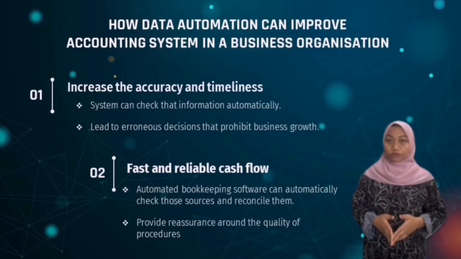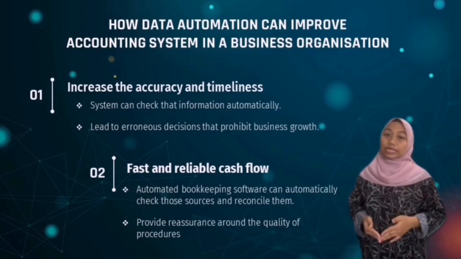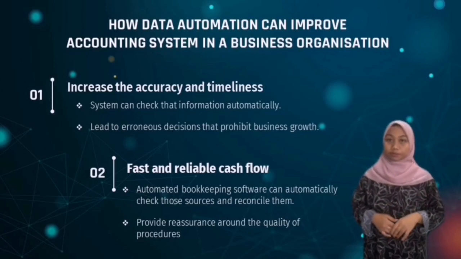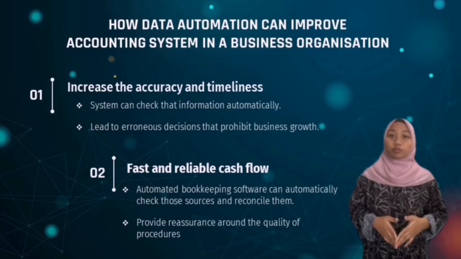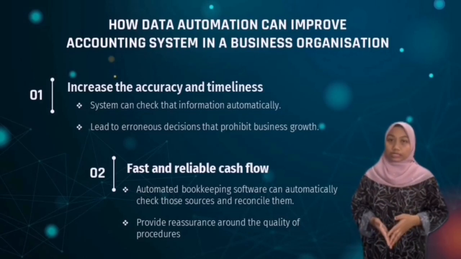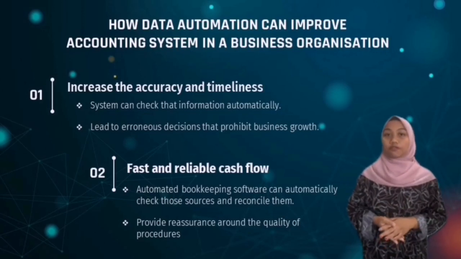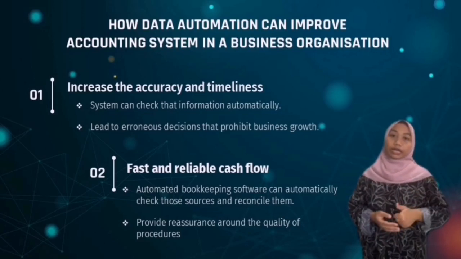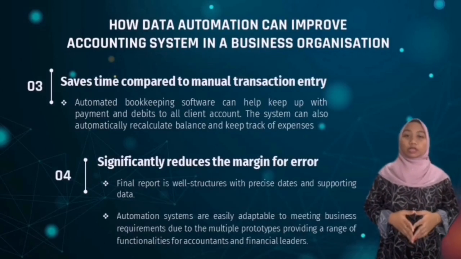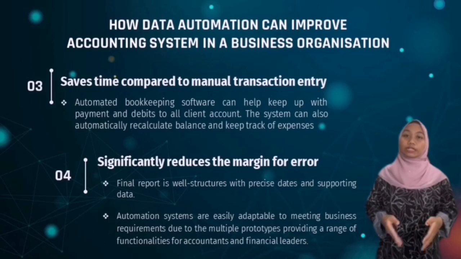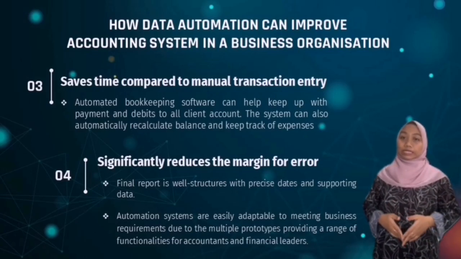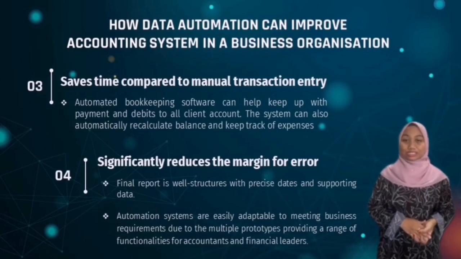Nevertheless, accounting software and hardware can be used to support fast and reliable cash flow, for instance, and the automatic mass bill payment. Data flows within the automation process provide reassurance around the quality of procedures and ensure an additional level of client-side protection against fraud or data breach. Next, the tracking capabilities of computerized financial systems allow accountants to monitor trends in revenue generation and spending to facilitate the making of prudent business decisions.